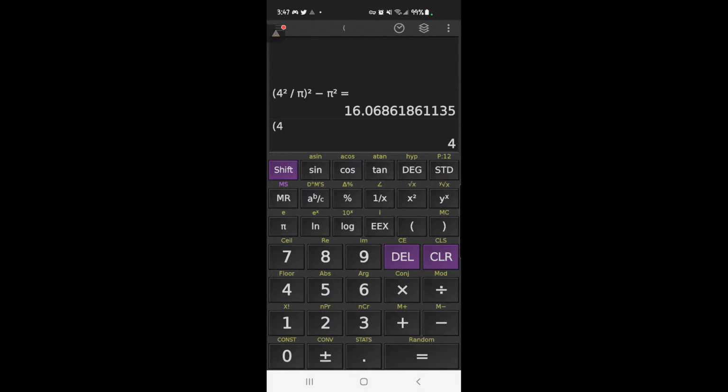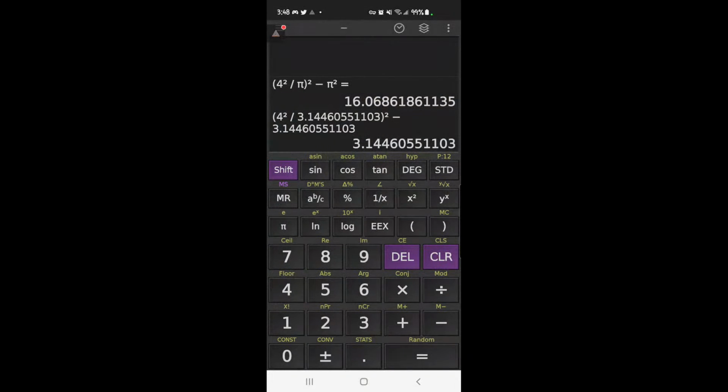And good for all y'all. Save that. So here's what this looks like. I redo the same equation, exactly the same. Squared minus the same pi squared. And lo and behold, with a precision of 12, boom,